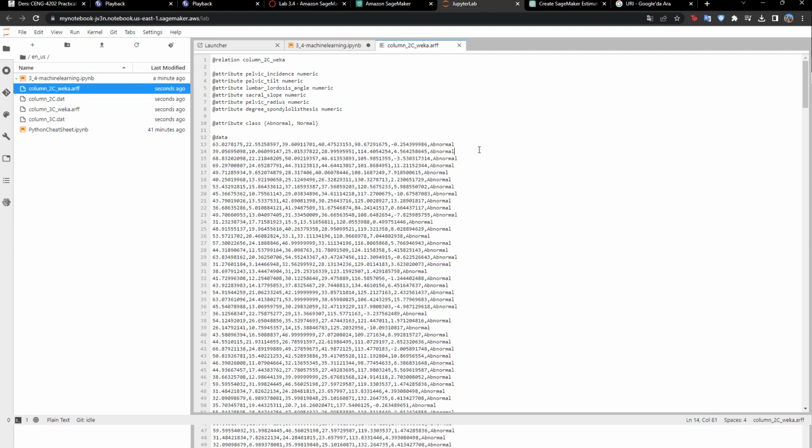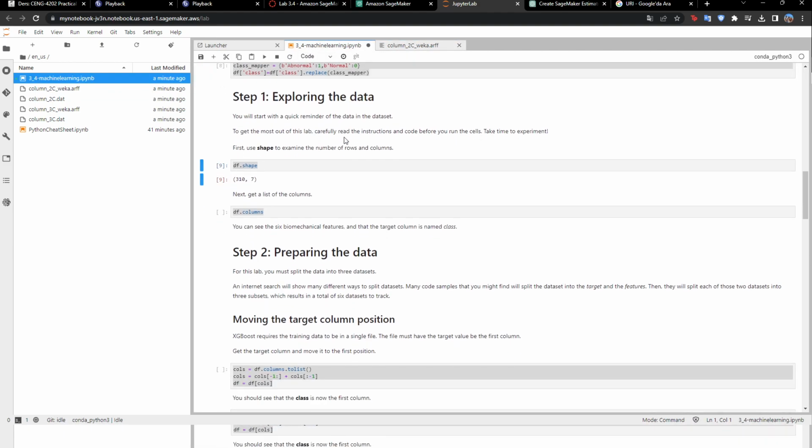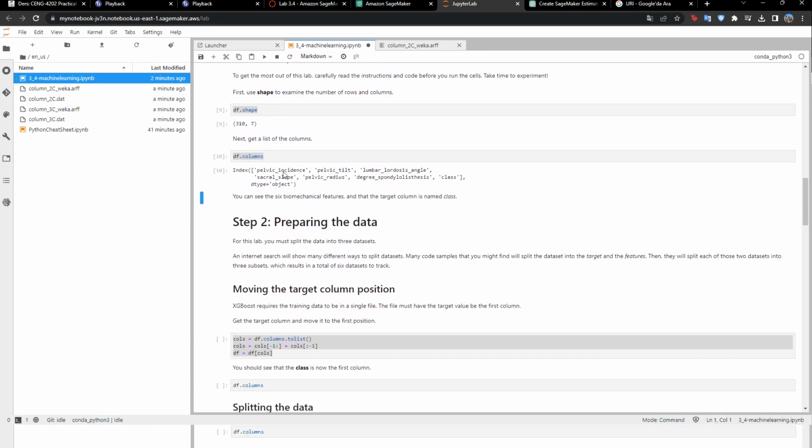Let me show you, like I showed in the earlier labs. Now when we run this column, it will get the titles of the columns, like pelvic incidence, pelvic tilt. These are our attributes, features, and this is the class